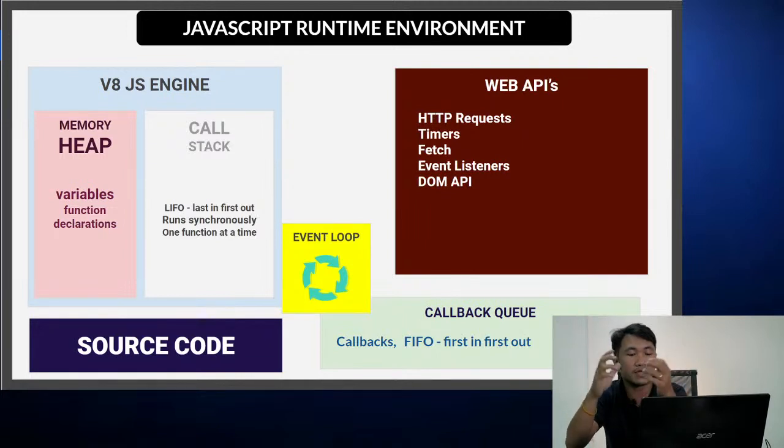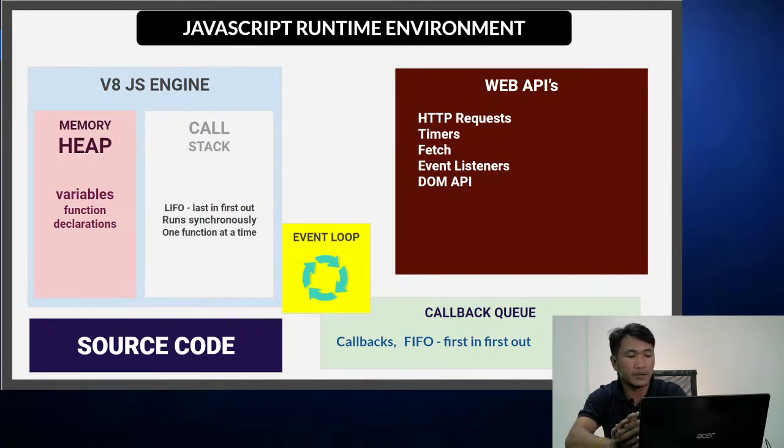And then we have the event loop and callback queue. In order for us to further understand how the asynchronous operations that we use most of the time in our daily programming work, we need to understand how the JavaScript runtime environment